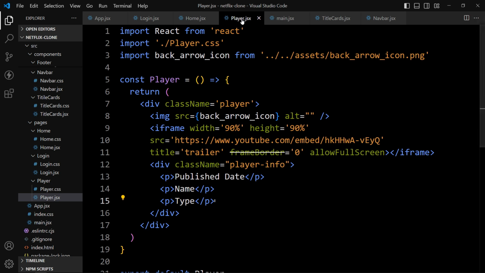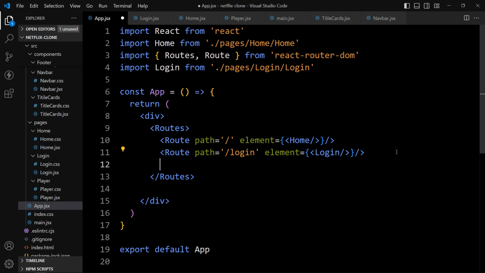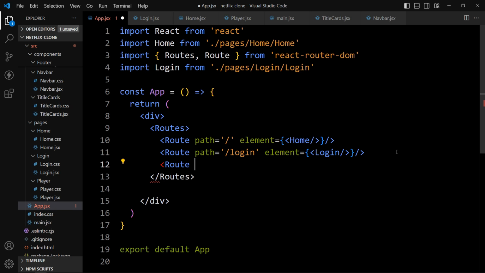Next, we have to mount this player component in the App.jsx file. So let's open the App.jsx file. Here we have added home, then login. So after this login, we will add another route. So let's use Route. Then we will add the path. In this path, we will add /player/:id.